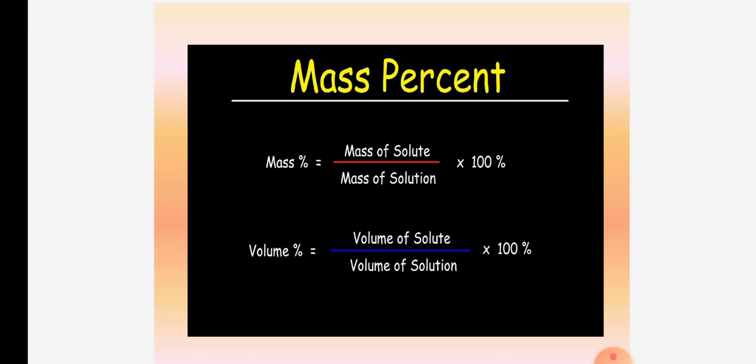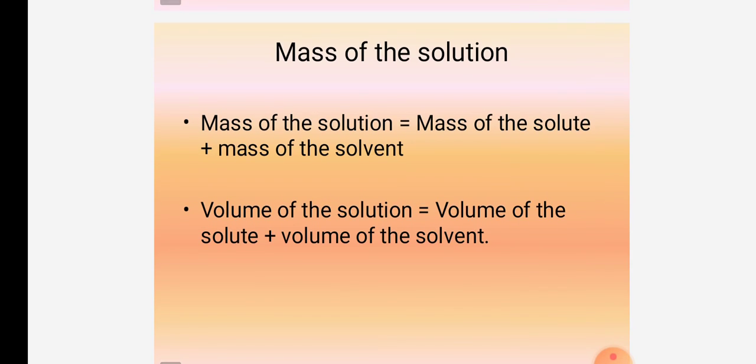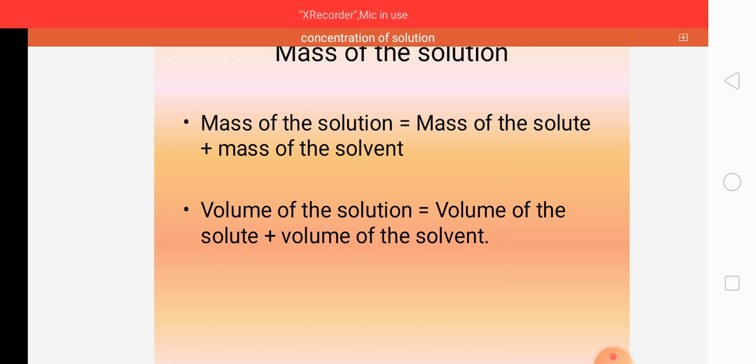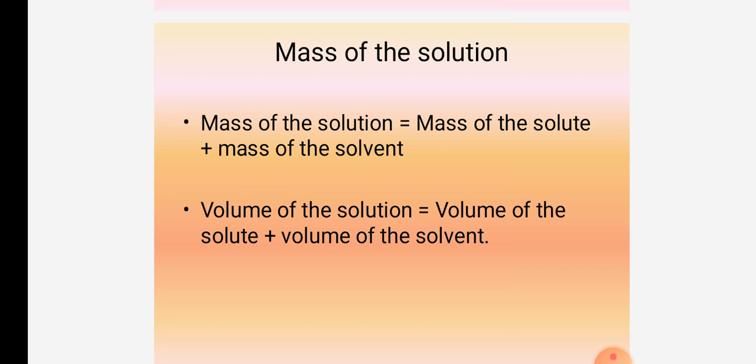So these are the two ways by which we can calculate the concentration of a solution. Now we have to be very clear here. Mass of a solution means mass of the solute plus mass of the solvent. We call it the mass of the solution. What is meant by volume of a solution? We have to be very clear. Here is where students make a mistake. They don't calculate the solution; they just put solute on the top and solvent below, but that is wrong. So we have to be very, very clear.